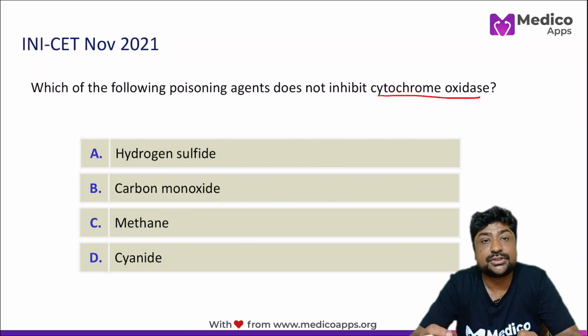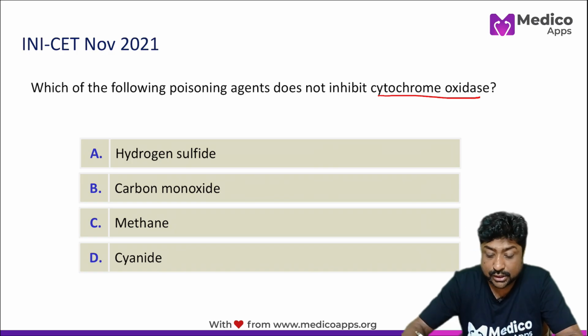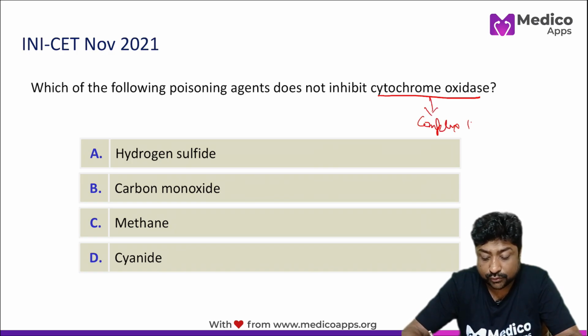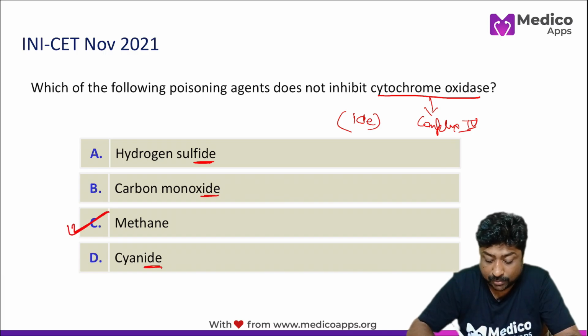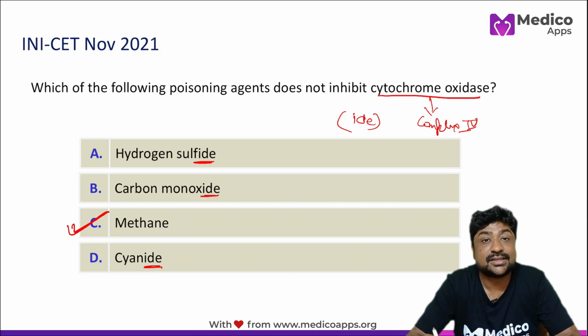Now, electron transport chain inhibitors we have seen in detail. So we know that cytochrome oxidase is basically complex 4. It's cytochrome C oxidase, so complex 4, and we know by now that all the complex 4 inhibitors will have IDE at the end. So this is a complex 4 inhibitor, this is a complex 4 inhibitor, this is a complex 4 inhibitor. So the correct answer here will be